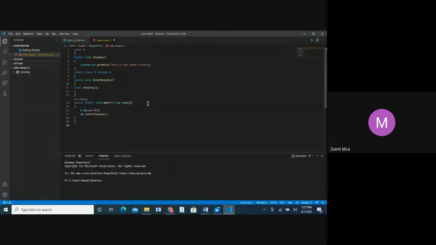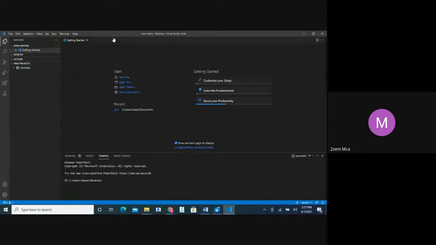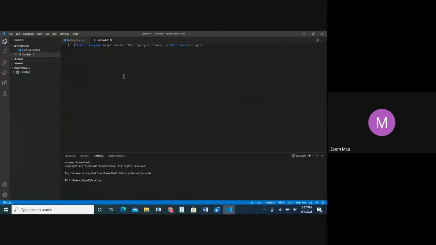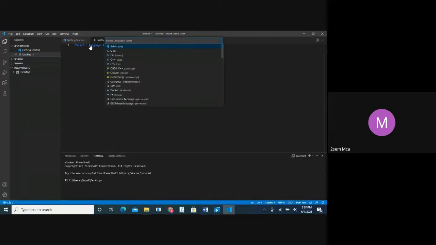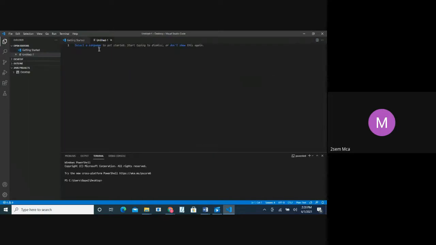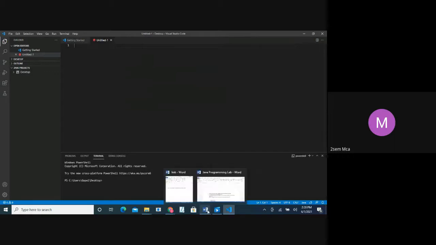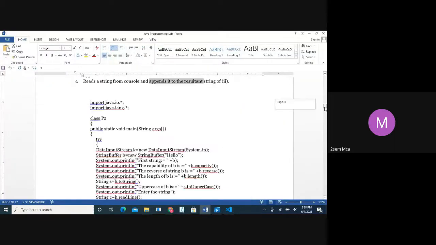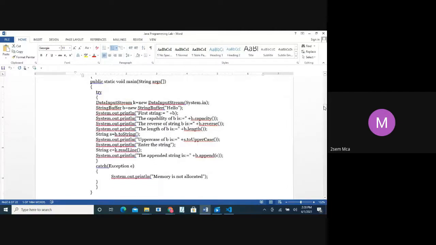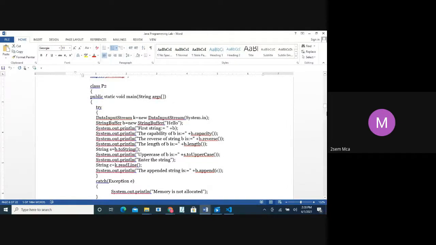But I want to enter something from my keyboard. What I'll do, I'll go back to my program. I will go for one second. What is my program? My program is Java. I will select my program as Java program. Not to waste my time and your time, I'll just copy the program which I have already written.